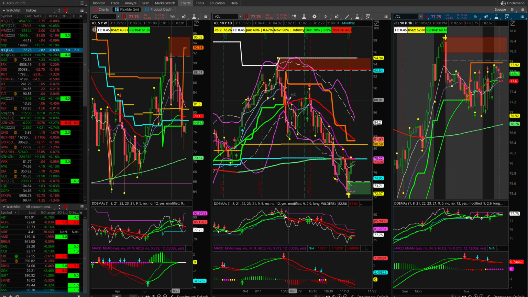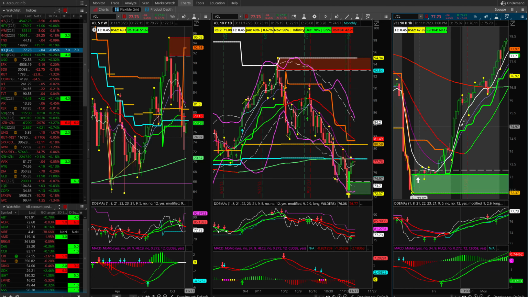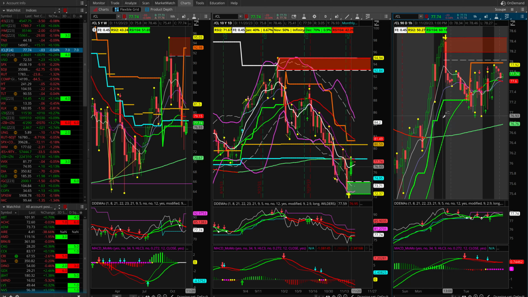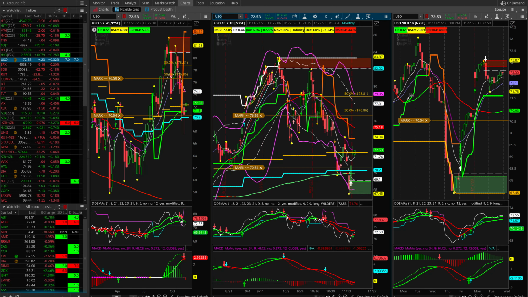Oil, we're pulled back hard. We're back to the mean. Really no reason to be long yet. There's potential on the hourly, but that ship's sort of sailed too. So let's look at USO. So yeah, hourly you could be long here, but again, it sure looks pretty bearish on the daily. Pulled back up to the mean, and pretty bearish on the weekly.